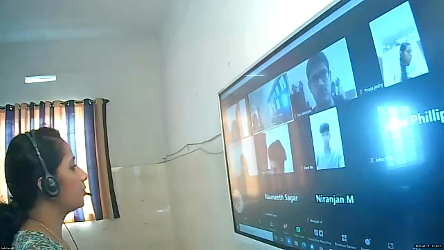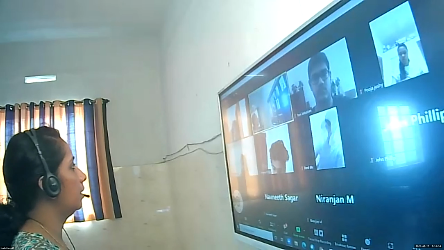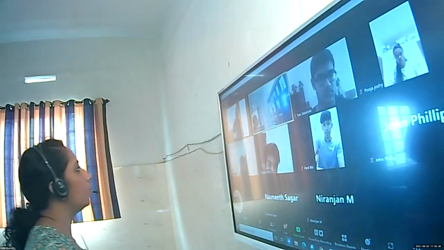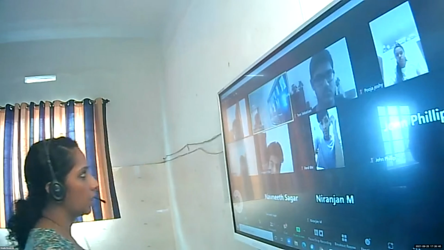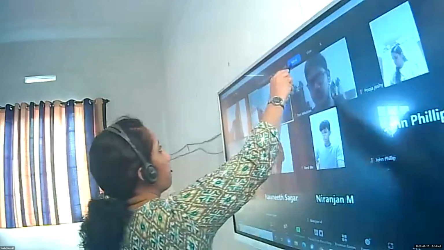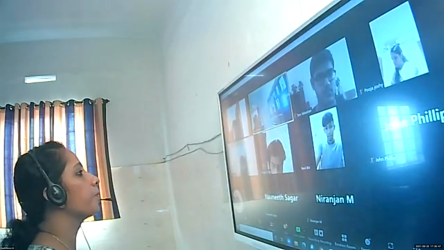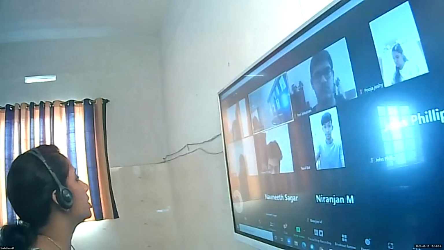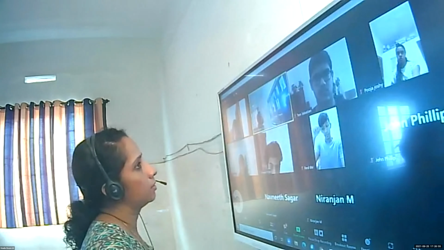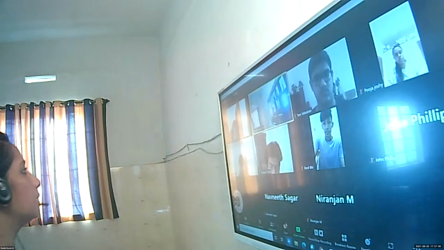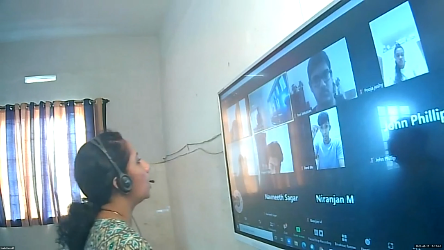Last function we discussed is ord and chr. What is the use of ord, Ranil? ORD. It returns the key value or the Unicode of the character. It will return the ASCII value of a particular character. So if you want to get the ASCII value of a particular character, use the built-in function ord.